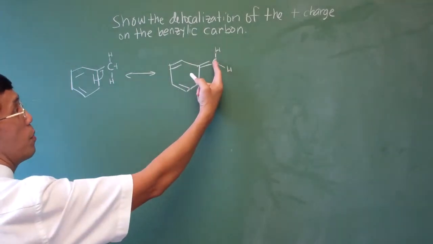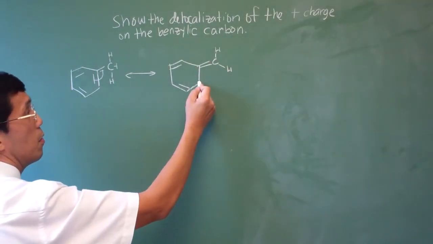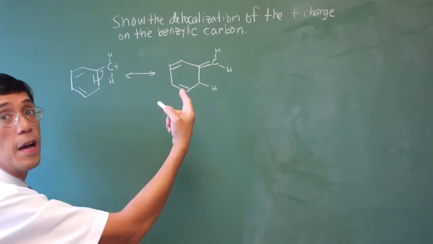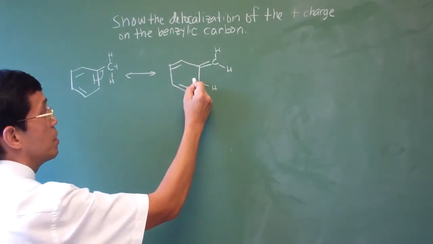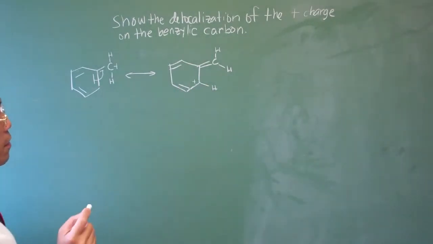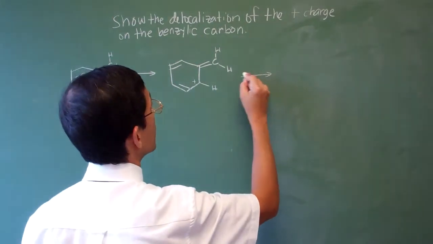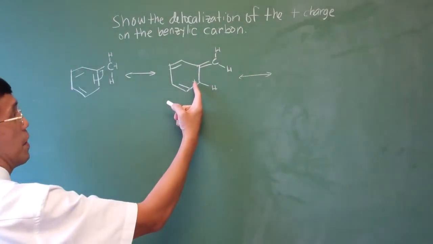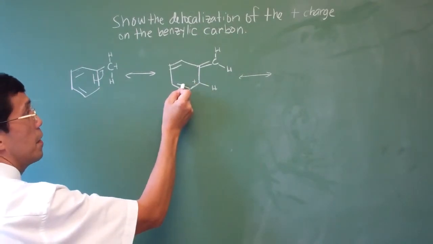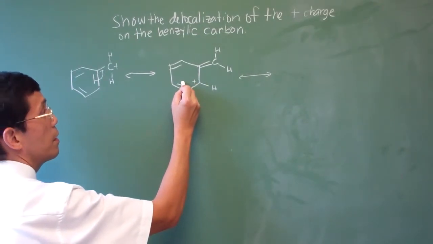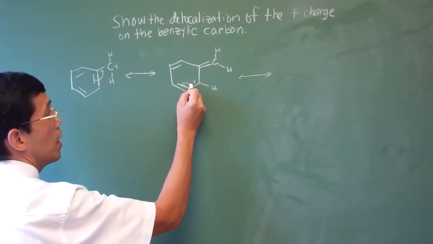So now you have 4 bonds to that carbon, and you only have an H here. That means that the plus charge has moved to that carbon. Alright, next. So what happens, you have a plus charge there, so that double bond could help out in stabilizing that plus charge. It would move